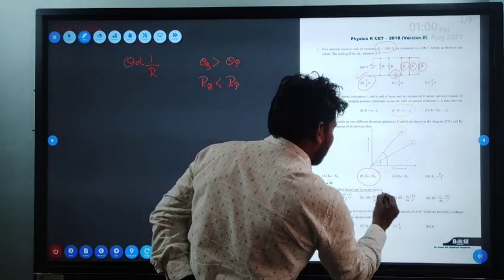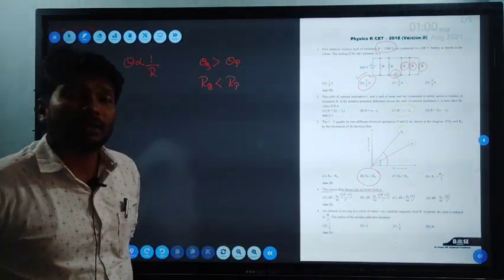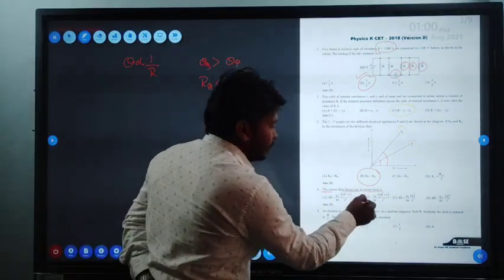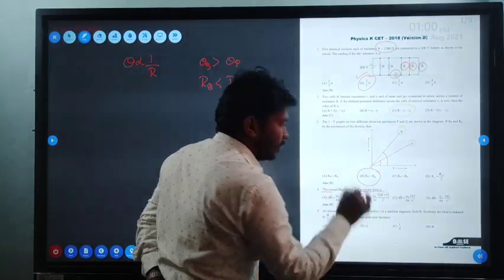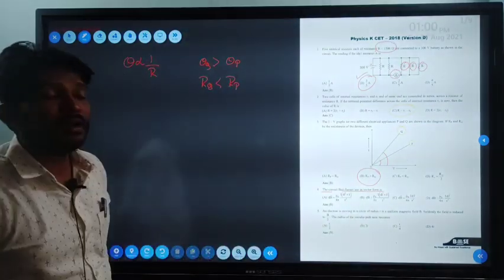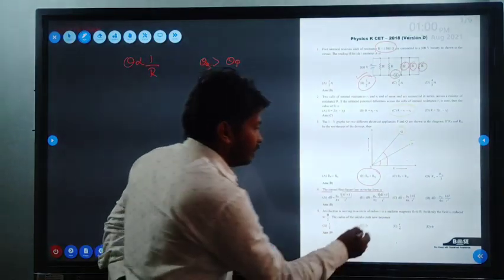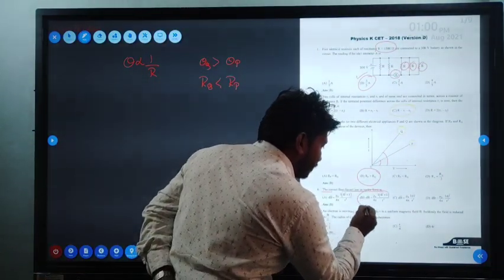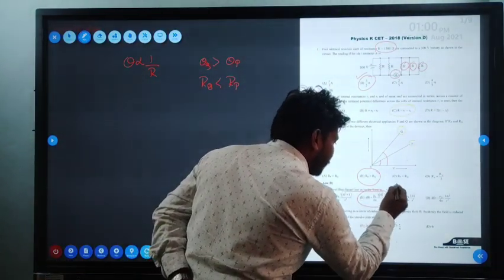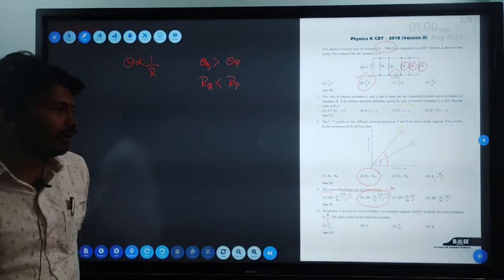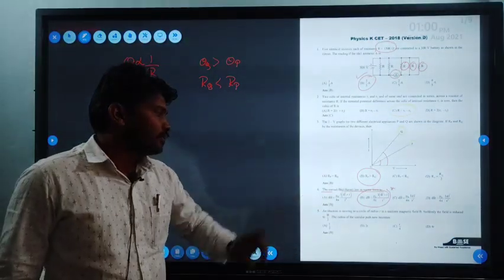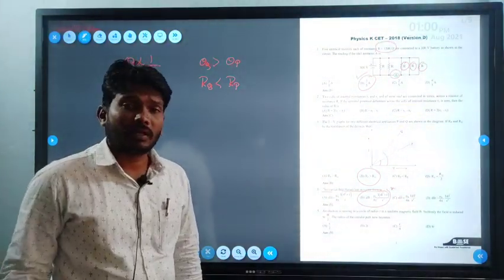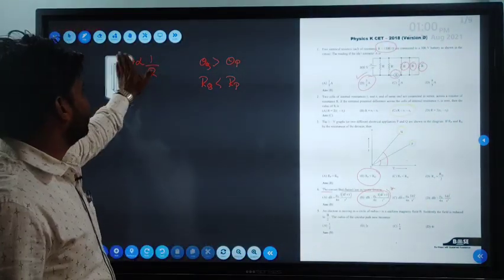The correct Biot-Savart law. So the Biot-Savart law in vector form. We know that dB is equal to mu naught by 4 pi, I into dL cross vector r divided by r cube. In theory also you read this kind of formula. Directly I can say that this is the vector form of the Biot-Savart law. Then we'll go for the fifth question.